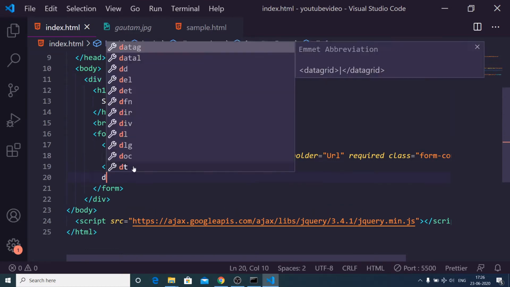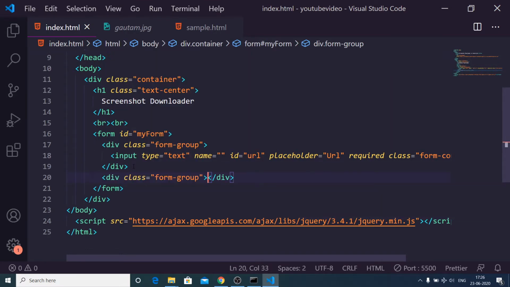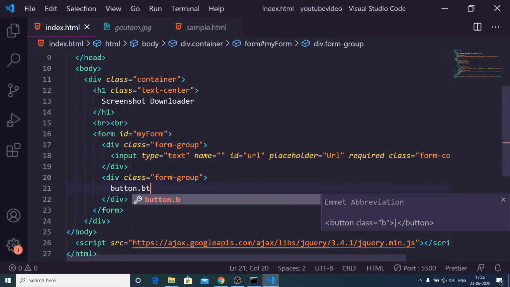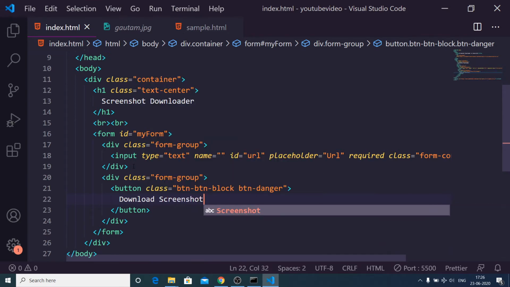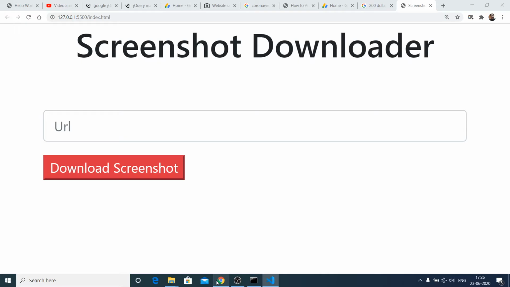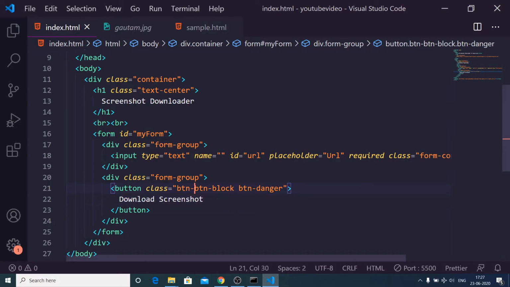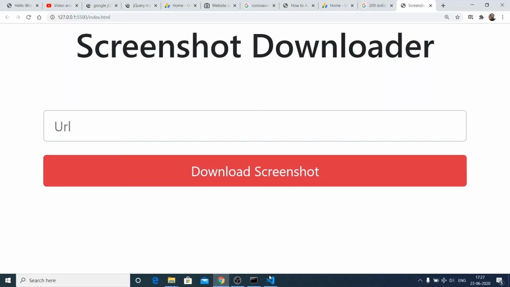We will again use the form group class, and this time the button will have these classes, danger, and the label of the button will be simply download screenshot. If I refresh, you will see that this will be the button. This needs to have a space. If I refresh, you will see the front end is complete.